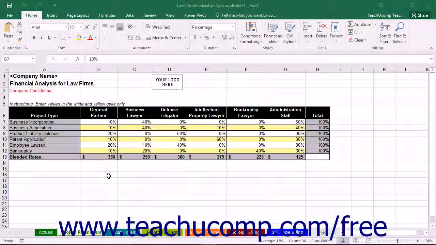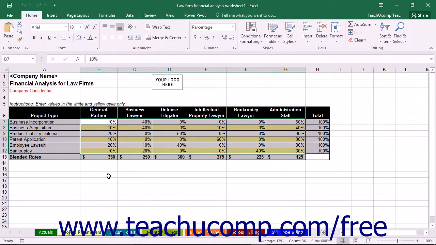www.teachucomp.com/free. Let's examine the structure and usage of the Law Firm Financial Analysis Worksheet. This workbook allows you to enter detailed financial information about your law firm so you can analyze the results to make better business decisions. You should first note that there are 7 color-coded worksheets shown on the tabs at the